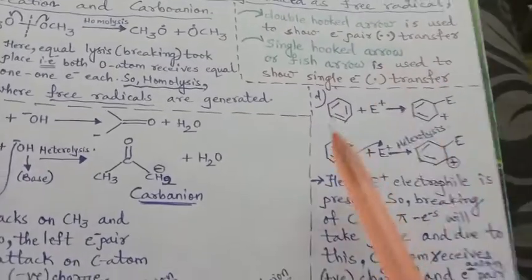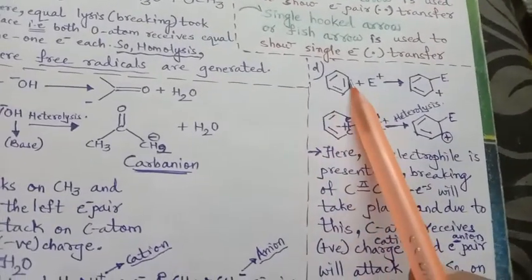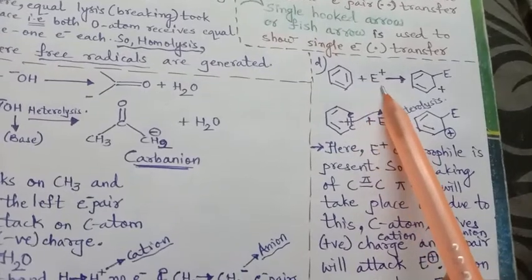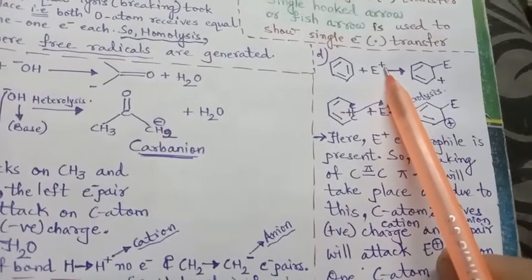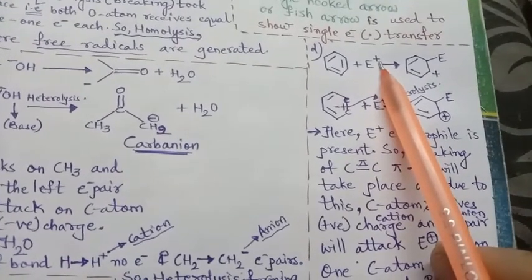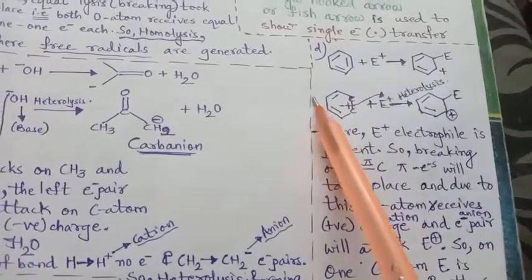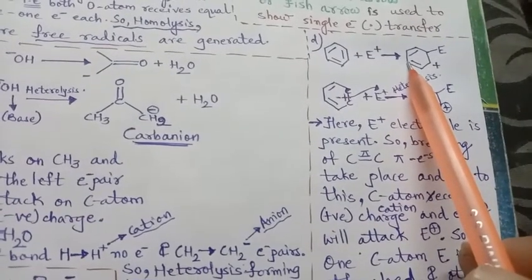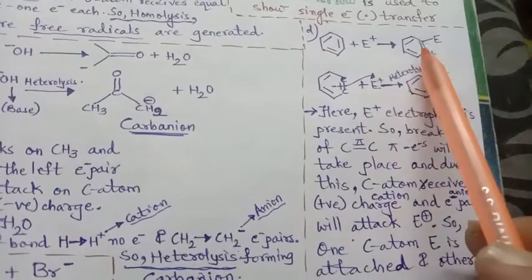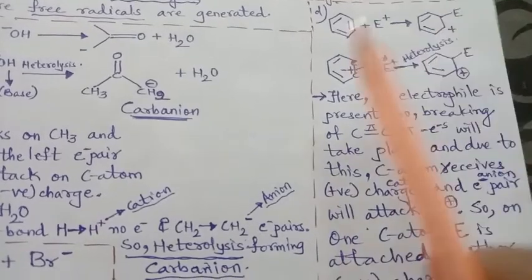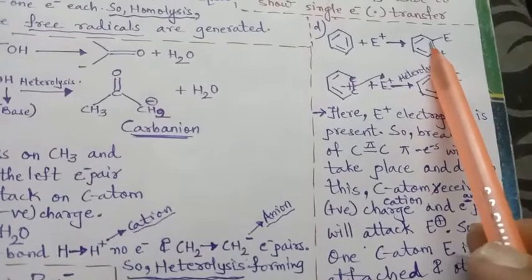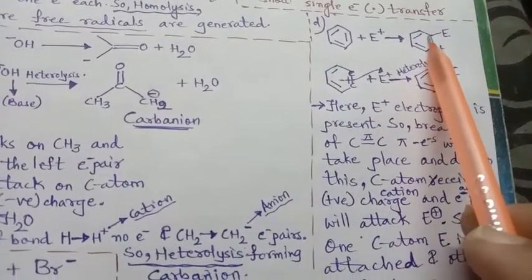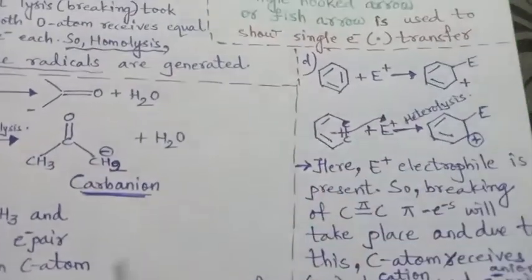Right? And the fourth example is a benzene ring with an electrophile attached to it. Electrophile, that means E plus, is always electron deficient, and is always in need of electrons. Now you see in the product what happened. This E has attached on this carbon, and this carbon has received a positive charge. The bond shifting has taken place over here. How has it taken place?